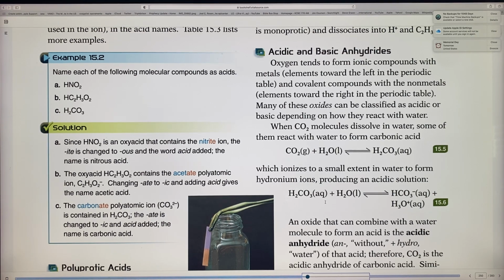So when you see different metals, whether it be the metals in column 1 or column 2, a lot of times they combine with oxygen, right? And so many of these oxides can be classified as acidic or basic, depending on how they react with water. So basically, acidic means they're going to let go of hydronium,